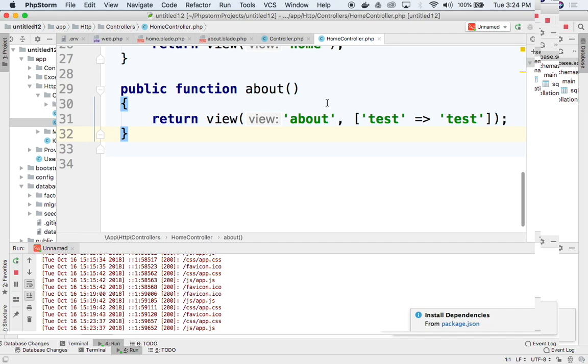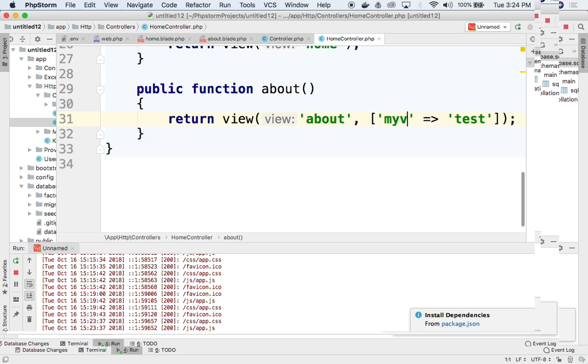So here, we're doing a little test. Here, I call the About page. That's going to be the About view. And then here, I did test, arrow, test. So let me call this, and then say, I'll just call it my variable. You can call it anything you want. Doesn't matter. But then when I go over to the About page,